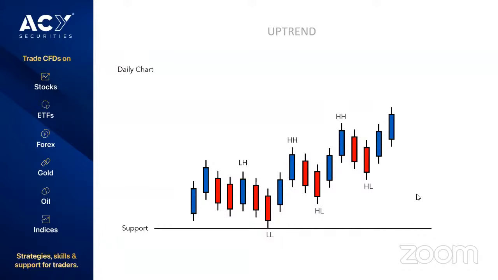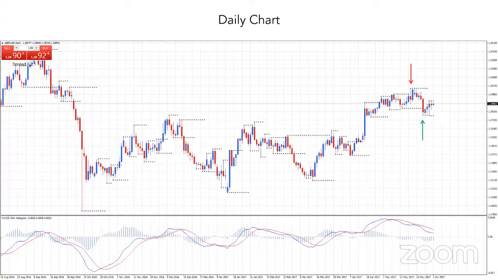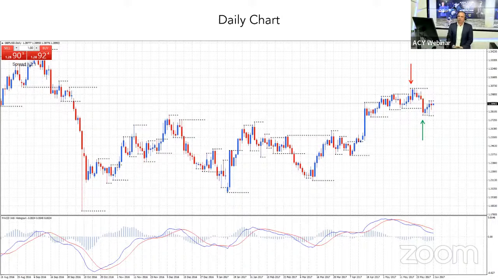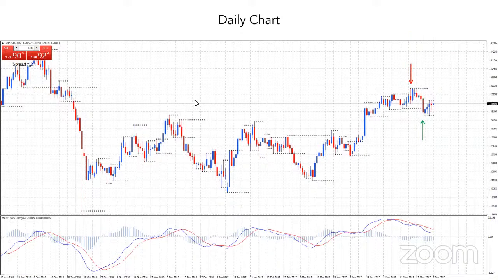All right. Now looking at a chart. Now, if you get my chart layouts and templates, Nathan will talk to you about those. What I have on my higher time frame charts is the support and resistance indicator, and it signifies the most important highs and lows that I use as reference points for determining whether I've got a higher high, higher low, and so on and so forth. And they're just all the dots, aren't they? Those are all the dots. So if I come over to this high here, there's a high here with dots. At that point in time, price was moving up, and that was a higher high. And we're moving up from a higher low here.